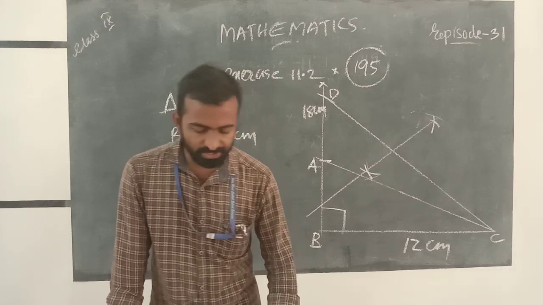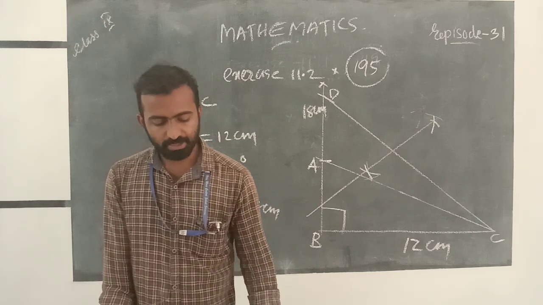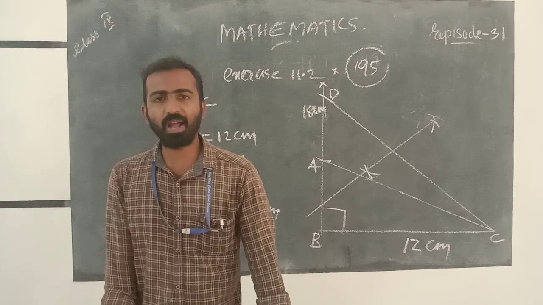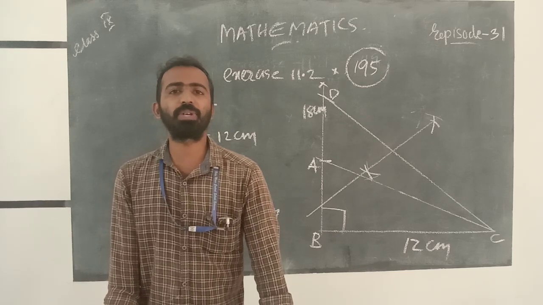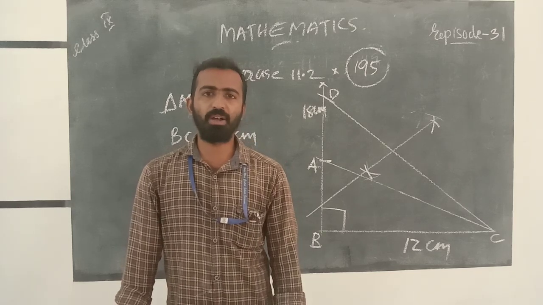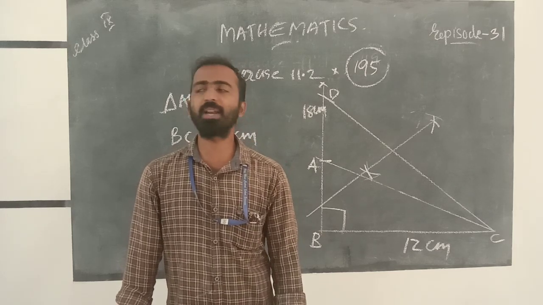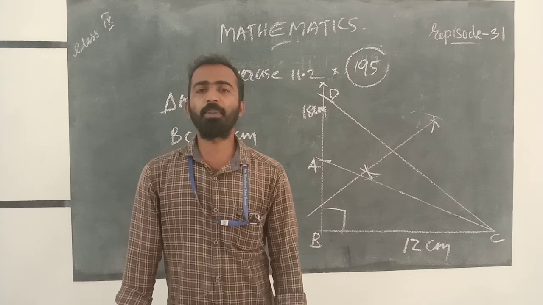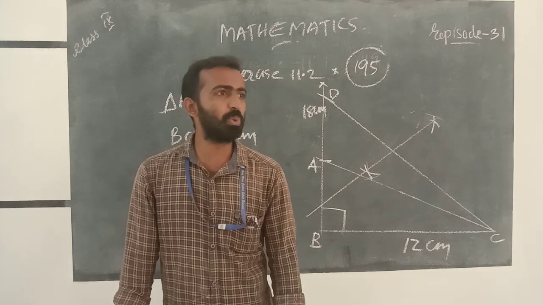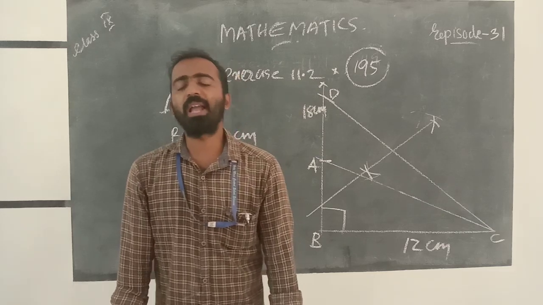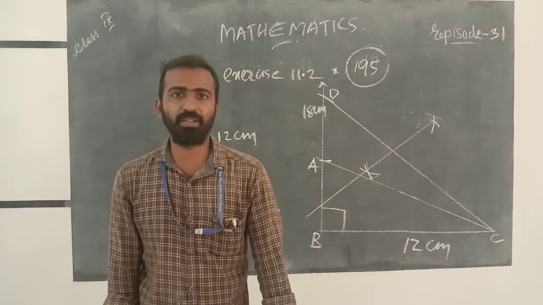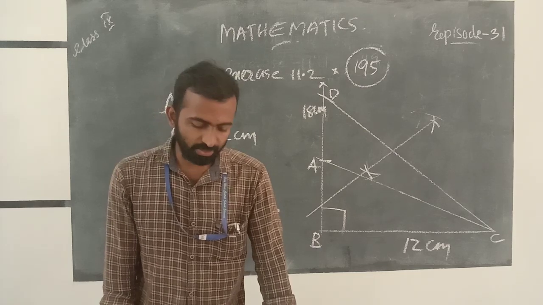And also we studied how to draw equilateral triangles. You can draw the equilateral triangles of any size you want. We first draw a ray and then we mark the point with the help of compass. And then we mark two arcs. Then the arcs are intersecting. Then we join the intersecting point and the ray points. Then we get the equilateral triangle.